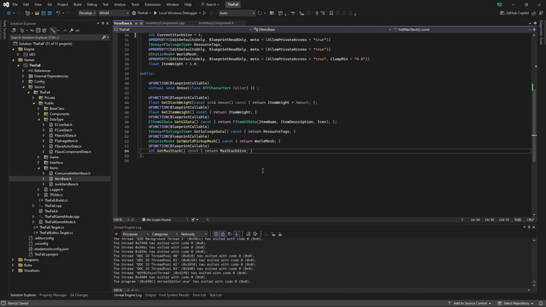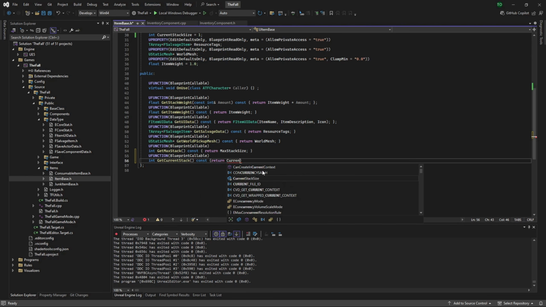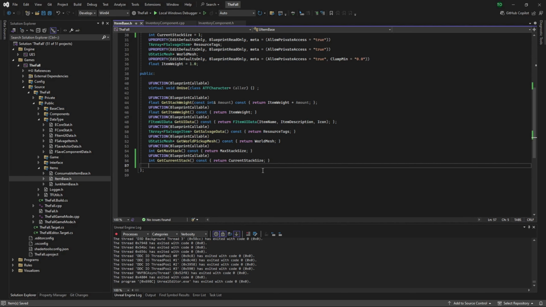And doing that, we do need to also add in int get current stack. It's going to be a const. We're going to return current stack size. And we're going to need to add some extra functions in here. So we're going to go U function, blueprint callable,